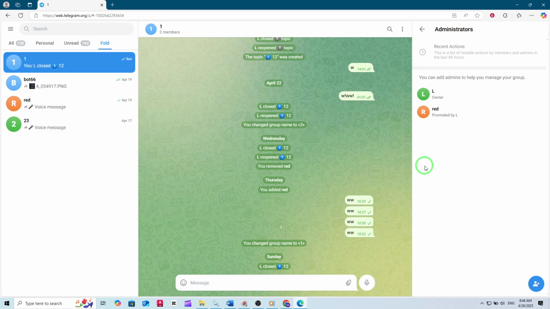With this update, group management is more flexible and secure, giving you the tools you need to keep your community